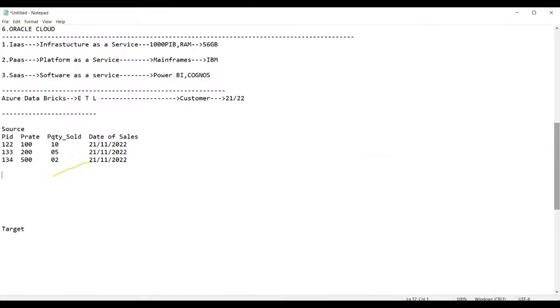To write the 22nd data, I'll copy this information and paste it here.